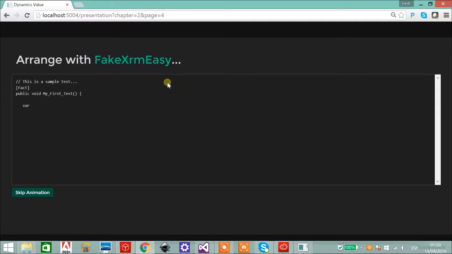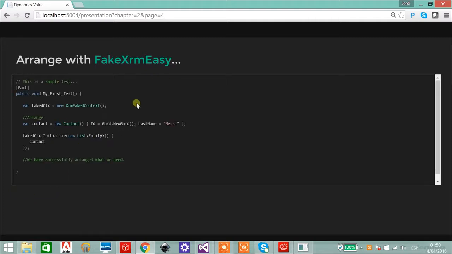So for the arrange, specifically, you're going to see a really basic example where we have an XrmFakedContext like this, and this is just saying we're creating an instance where we will have all our test data and also the result from those plugin or code activity executions. If those plugins create entities or create any records, those will stay in that instance in memory. So in order to arrange this, in this example, we are just going to create a new contact with